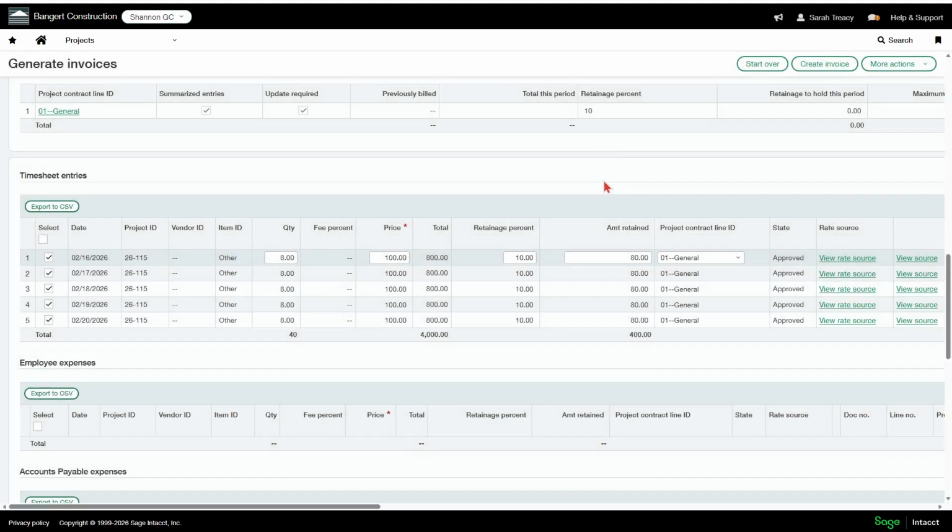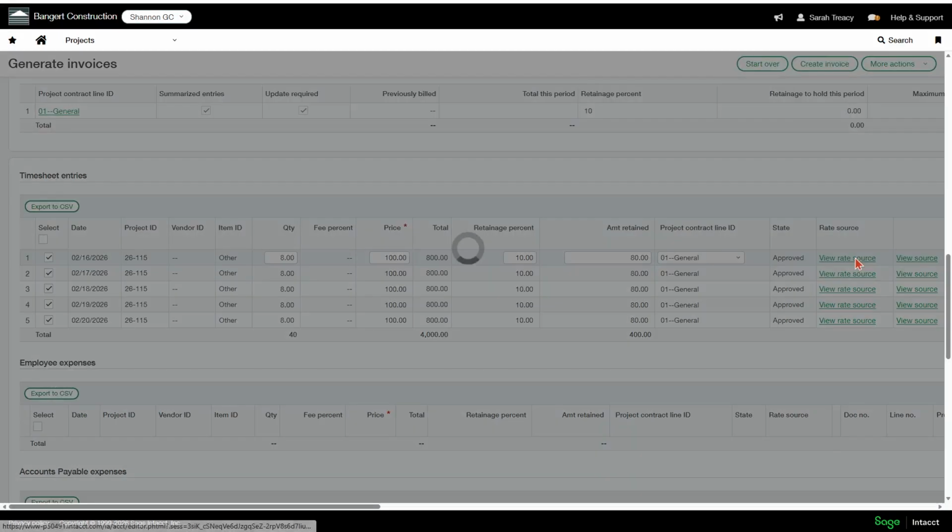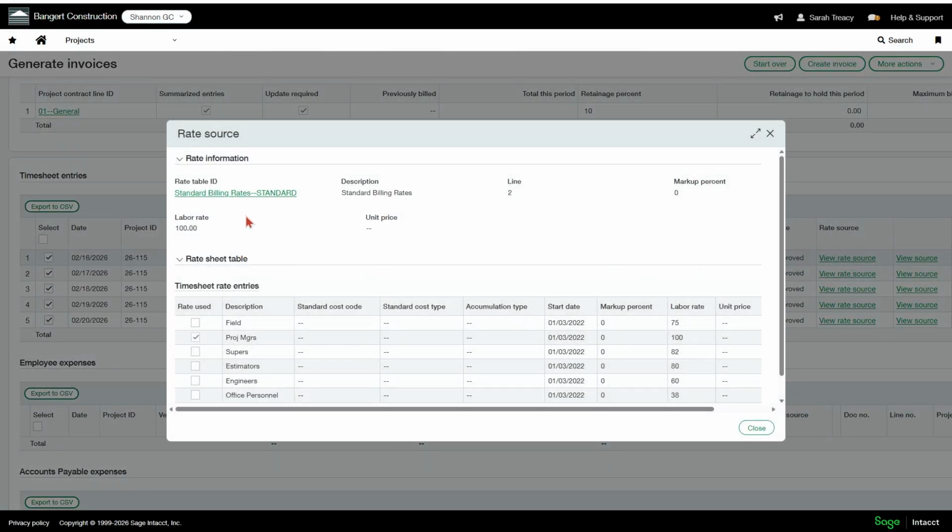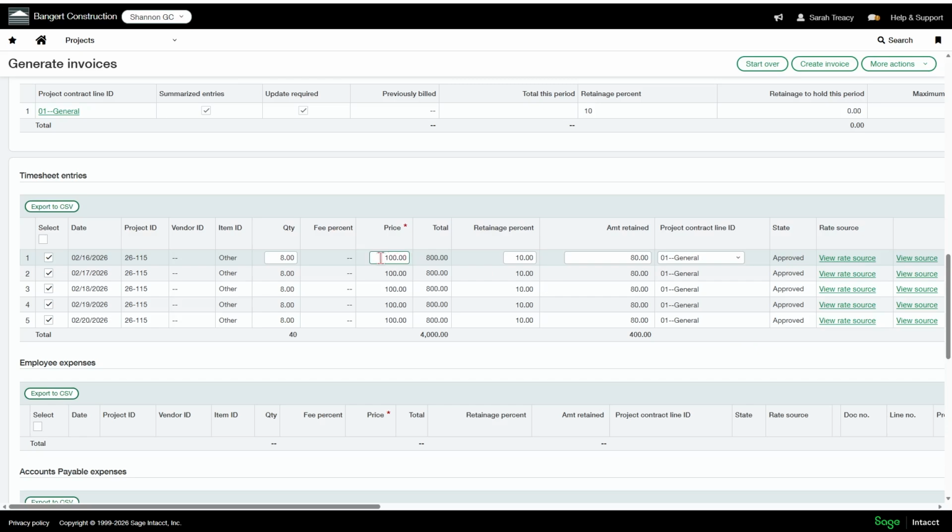So that's the timesheet that went in, and the rate source it's pulling from, if I click on that, is my standard billing rates rate table that I assigned to that project contract line. And it is using the project manager's rate that I set up. So I said, if an employee puts in timesheets and their position is project manager, it should be $100 per hour. So it's using that correctly. So here's my $100 per hour by 8 hours is $800, and it's holding 10% retainage because I've held 10%